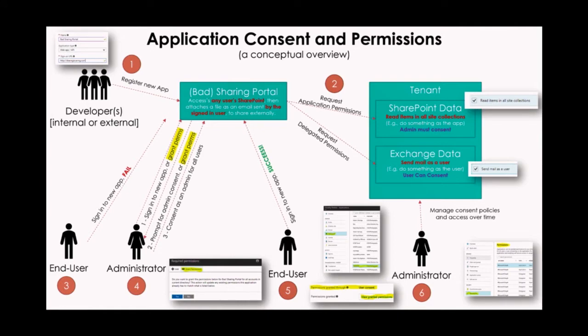That's what it's requesting. And then it's going to take some random file from there, attach it in an email, and send that file as the signed-in user to someone. So it's a way for me to leak all of your corporate information. That's why it's called the Bad Sharing Portal. So a developer registers this cool new Bad Sharing Portal application. In order to enable the things that I just described, reading any user's SharePoint and sending emails as the signed-in user,